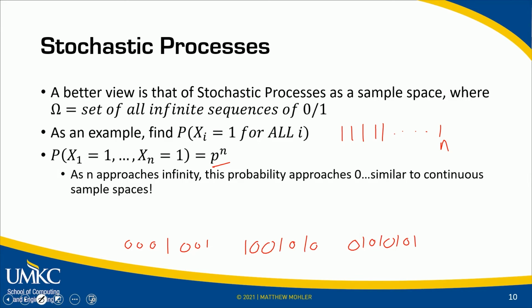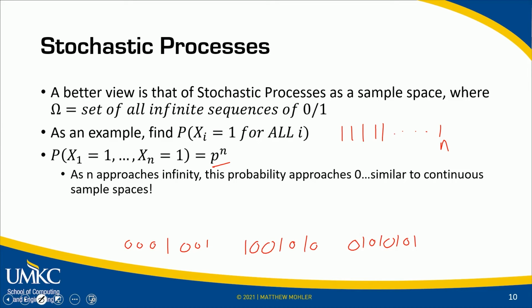Now, as n approaches infinity, it's important to note that this probability approaches 0, right? Because p must be less than 1, p to the n has to approach 0. The only way around this is if p is equal to 1, at which point it is a guarantee that you will always have all 1s from a probability perspective. You will have the probability of getting a 1 all the time. So as long as this p, the probability of 1, is anything less than 1, then as n approaches infinity,